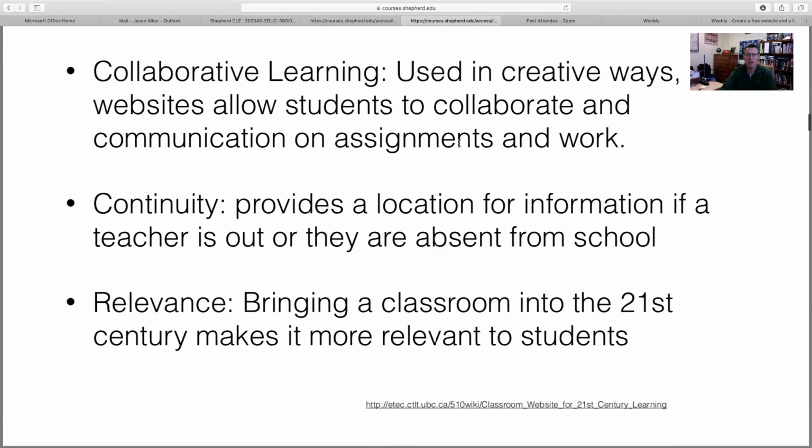For students, it's a way to collaborate with the class, of course, and communicate on work and assignments. I was thinking about this in 2 ways. One, students can get my information from our website. I had students actually make some Weebly sites and they loved it once they figured out how to do it. I will say this, if you're going to have students make a website, have a day,